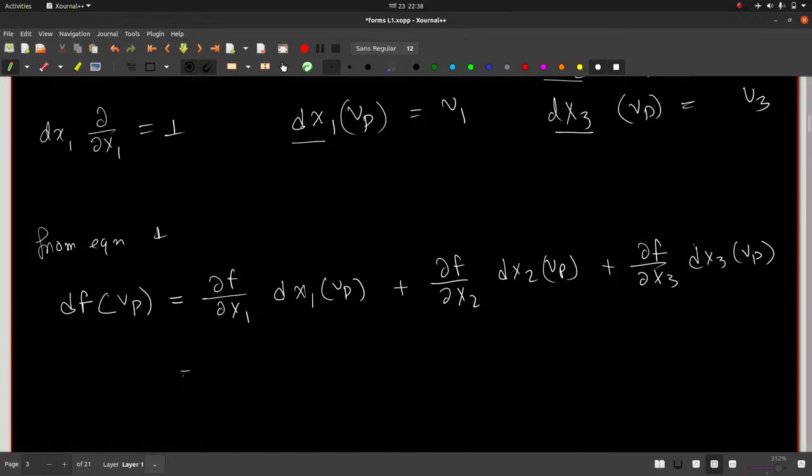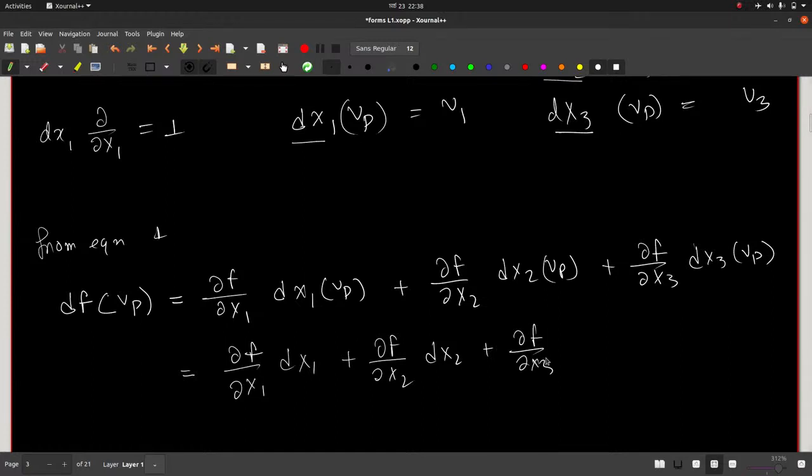So in that sense, you can write this as df/dx1 and df/dx2, and this whole thing operating on this vector v of p, right? And comparing the left hand side with the right hand side should convince you that